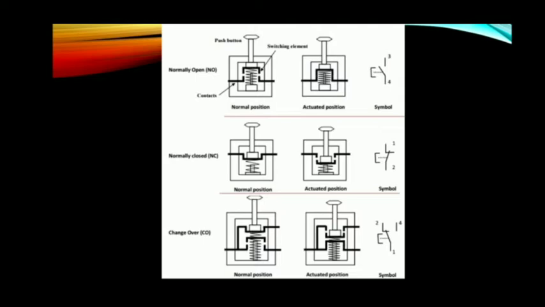Momentary push buttons return to their unactuated position when they are released. Maintained contact or detent push buttons have a latching mechanism to hold them in the selected position. The contacts of the push buttons are distinguished according to their functions: